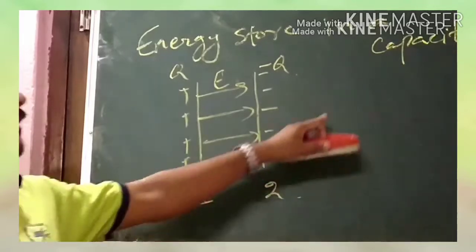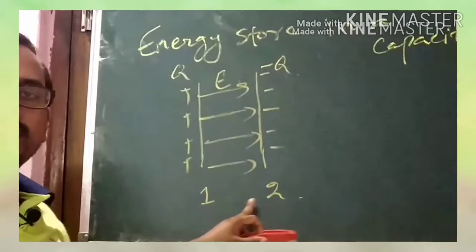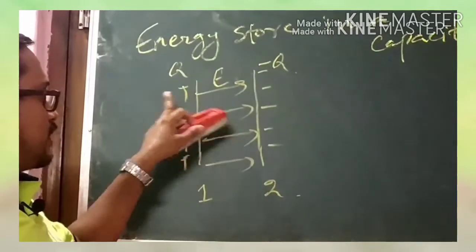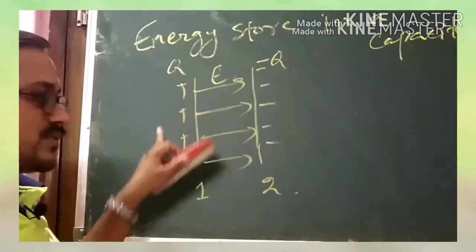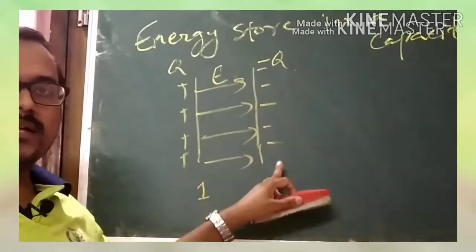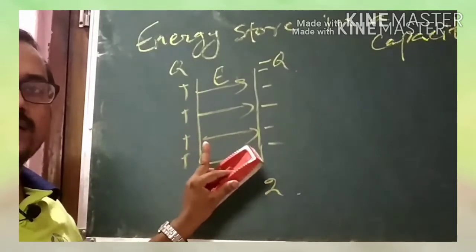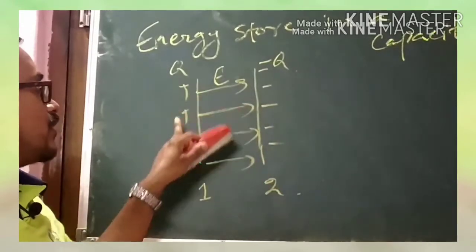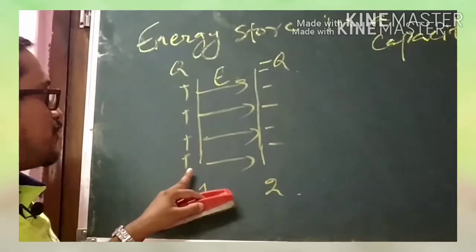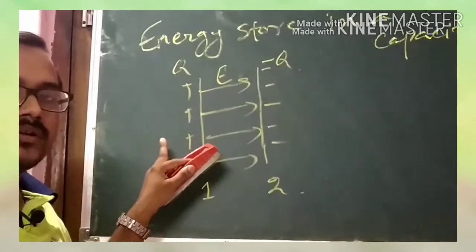As we know, a capacitor mainly consists of two conductors. Here we have taken conductor 1 and conductor 2. Now the left side of conductor 1 is connected to the positive terminal and conductor 2 is connected to the negative terminal. First, suppose both of the conductors are neutral. Then, suppose by any method we can transfer some charge from conductor 2 to conductor 1.